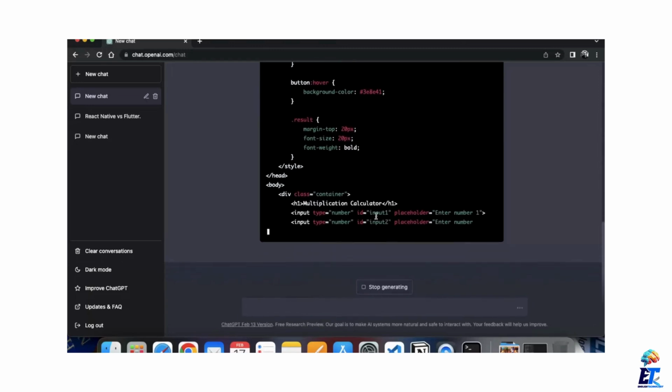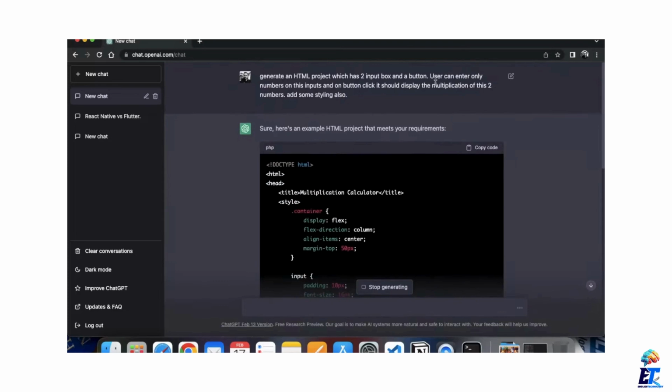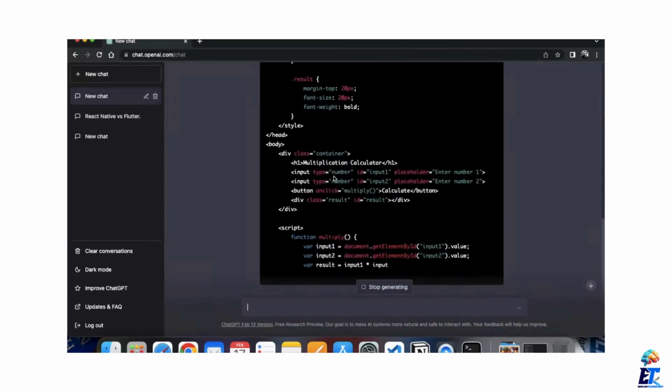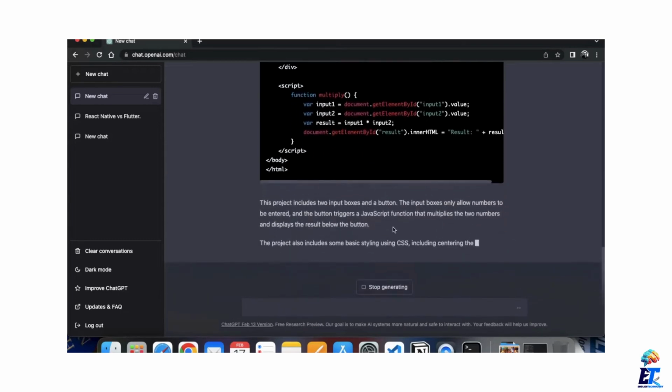Okay, so we have the first input, input 1, and the second input as input 2. And as you can see, we mentioned here the user can enter only numbers in these input fields, so that's why it used number. It doesn't use text. And here we have a JavaScript function multiply, and we are multiplying these. Okay,